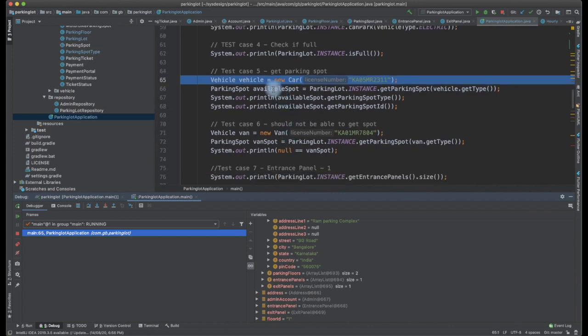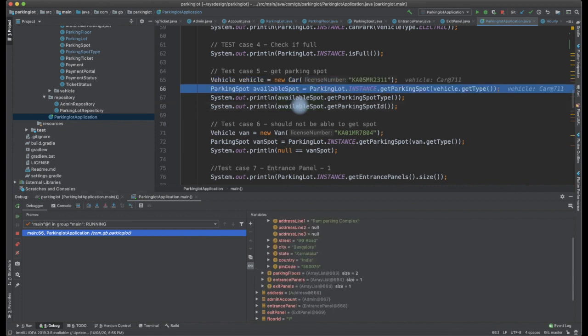So I'm getting an available spot. I'm initializing a new car with a license number, because as we told, when we are initializing the vehicle, we should have the license number, and we should be initializing the car automatically by a car vehicle type. I am checking whether there is an available spot, getting the available parking spot for a car. We should be able to get it.